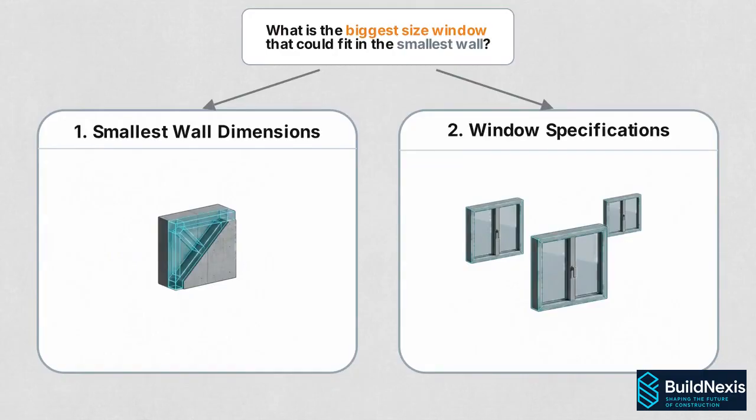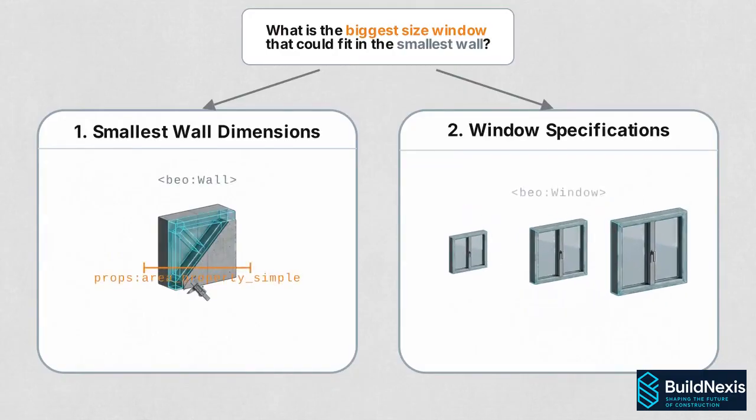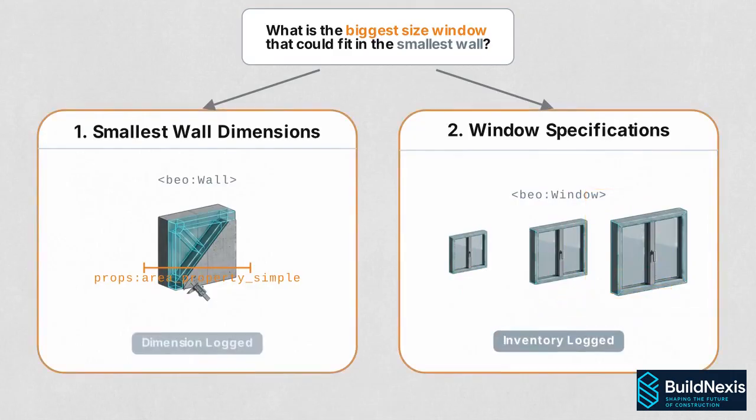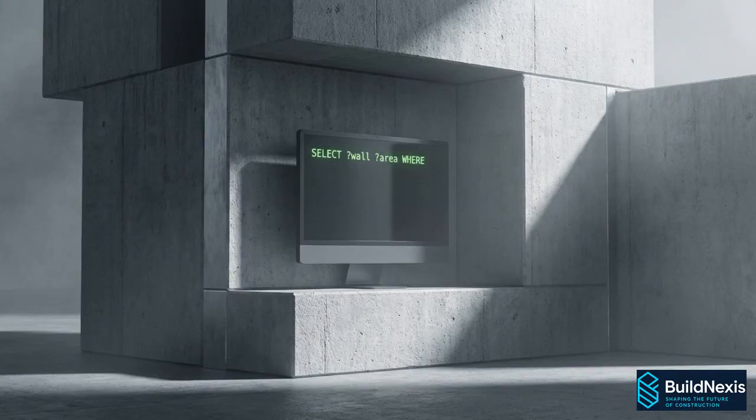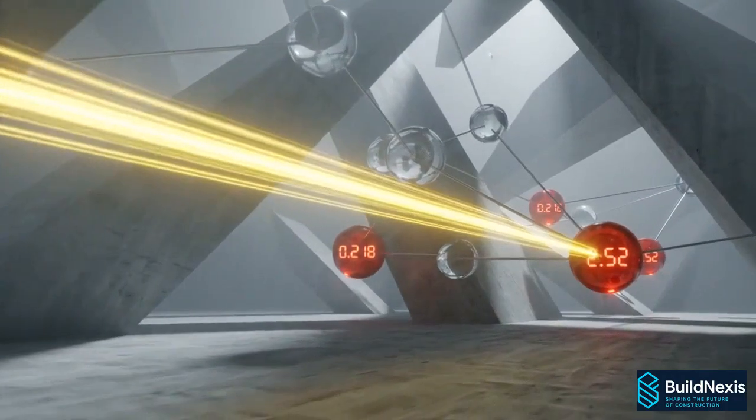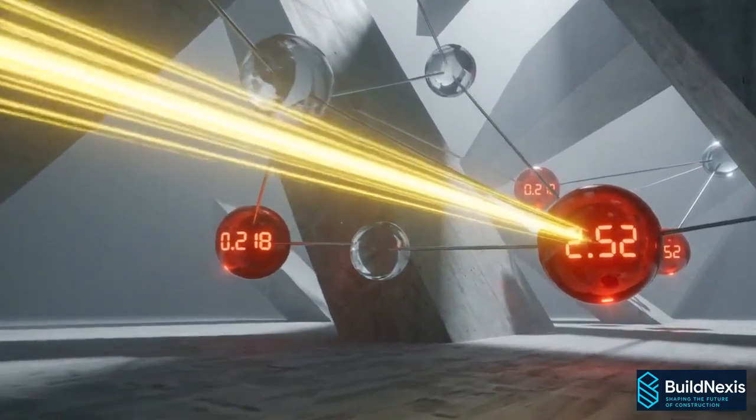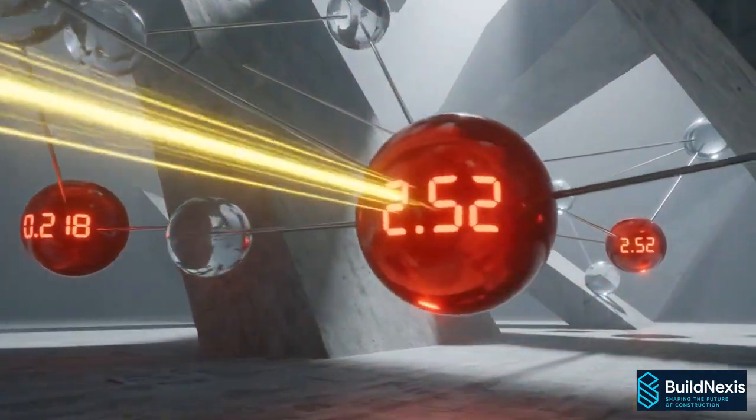First, it queries the knowledge graph for the specific dimensions of the smallest wall in the model. Simultaneously, it identifies every window size documented within the building's specifications. The AI translates these English sub-questions into a database code called SPARQL. This code zips through the knowledge graph, ignoring irrelevant rooms and plucking out the exact numerical values needed for the